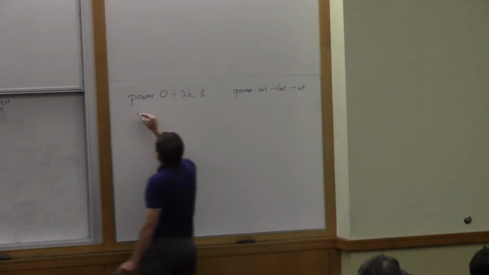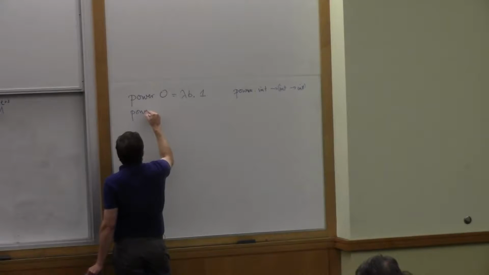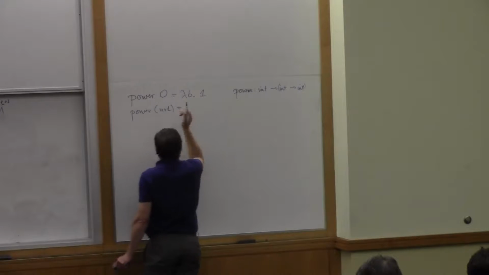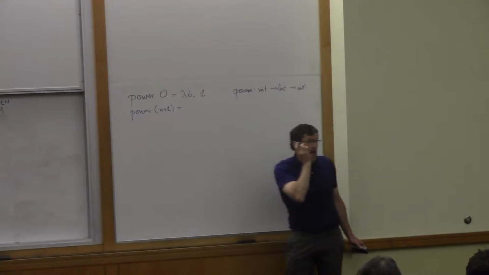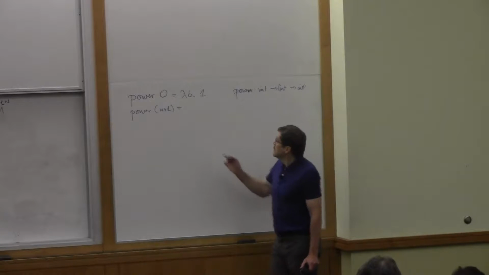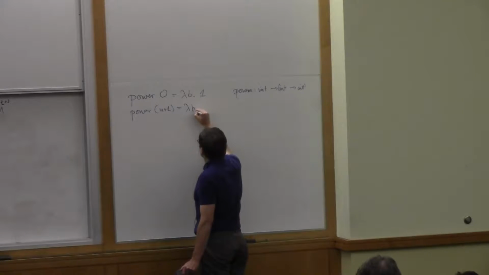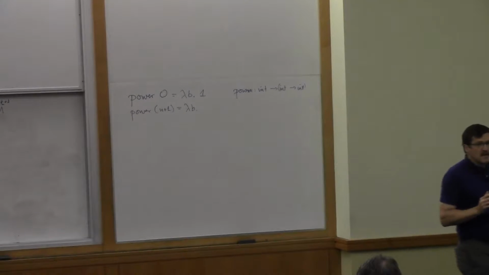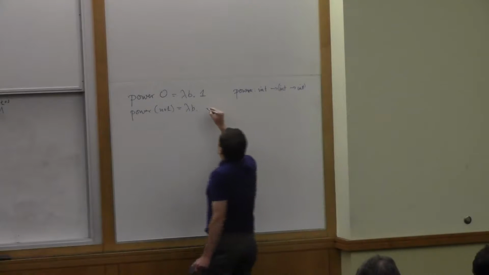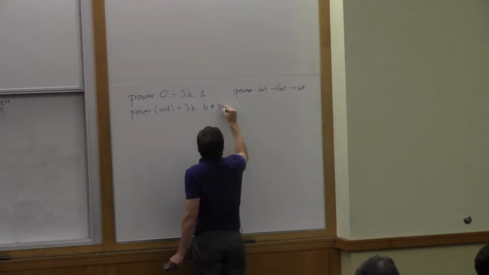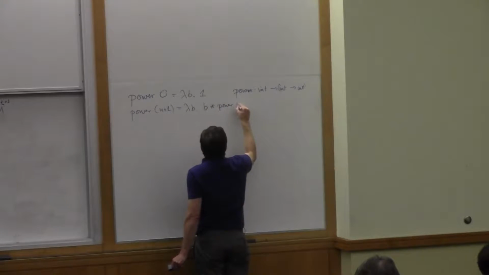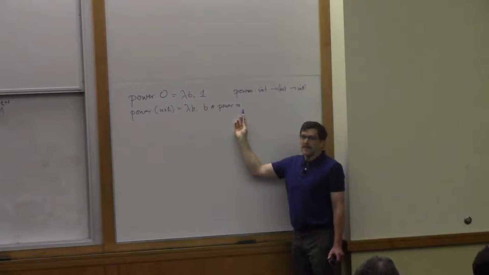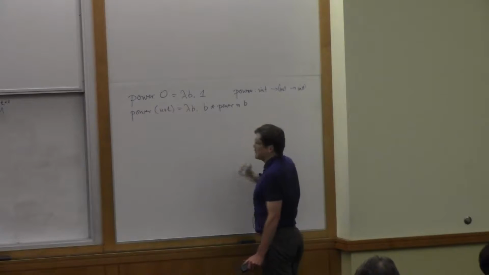Okay? And I'm also going to write the power function applied to a positive natural number. Okay, so what should it be? Okay, it's going to be lambda b. It's going to be a function from int to int. What does it do? B times power of n, not quite. Power of n gives me a function and apply to b. Okay?